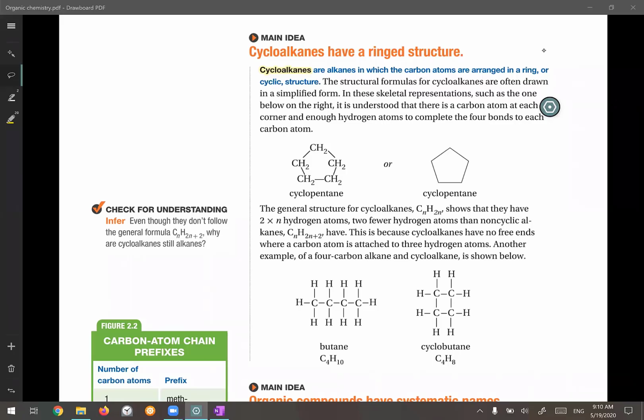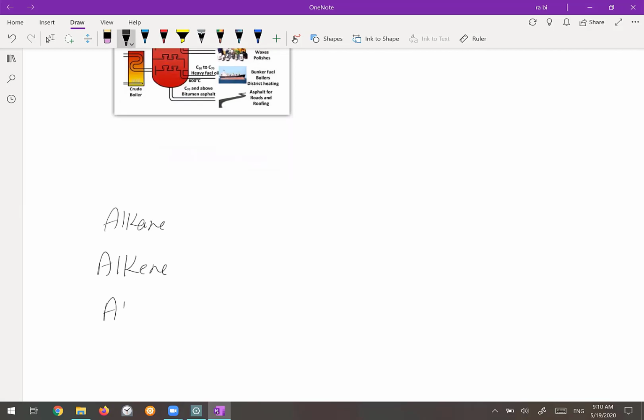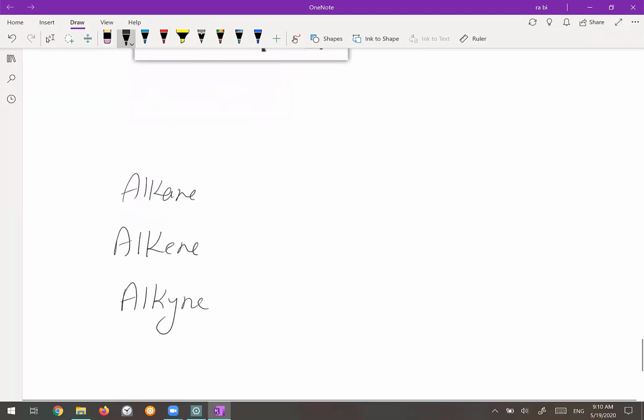Today we want to talk about the cycloalkanes, the fourth homologous series of the hydrocarbons. We have talked about the alkane, alkene, and alkynes, and we have talked about the naming of them, how we should name them, and we said that each one of them has its specific general molecular formula. What was the general molecular formula for each one of them? For the alkane, it was